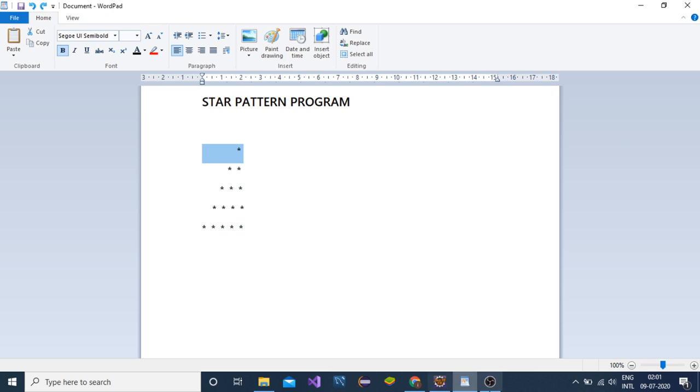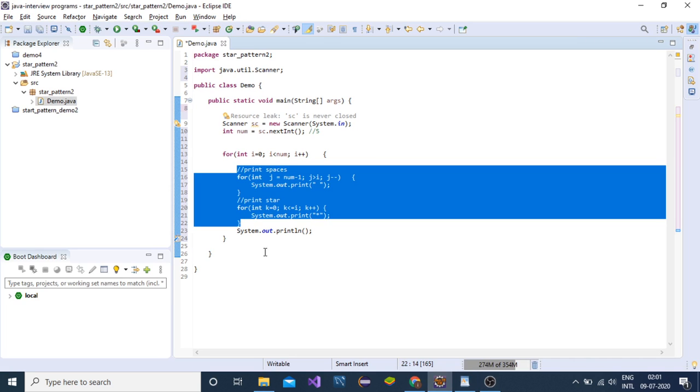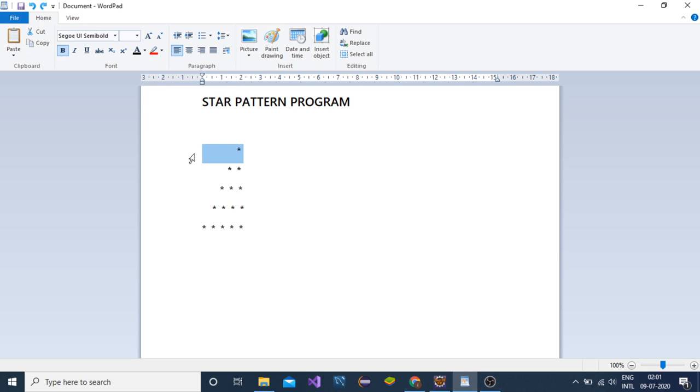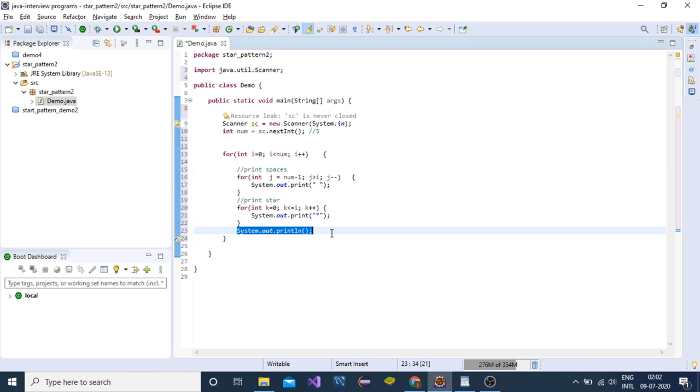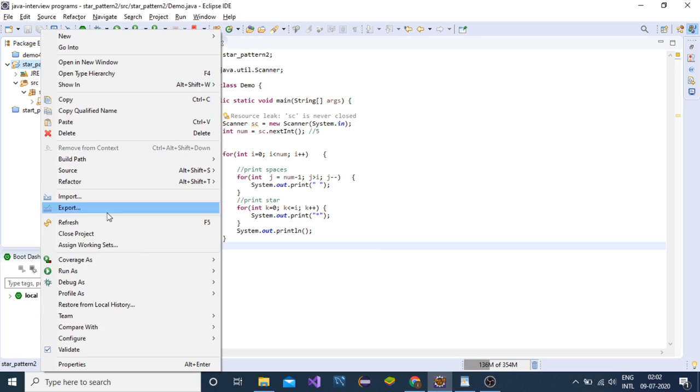This internal code will be responsible for printing this complete column. And after this printing we need a line break, so we printed line break here and move into the next row. So our code is complete and I hope it will run successfully. Let's check it.